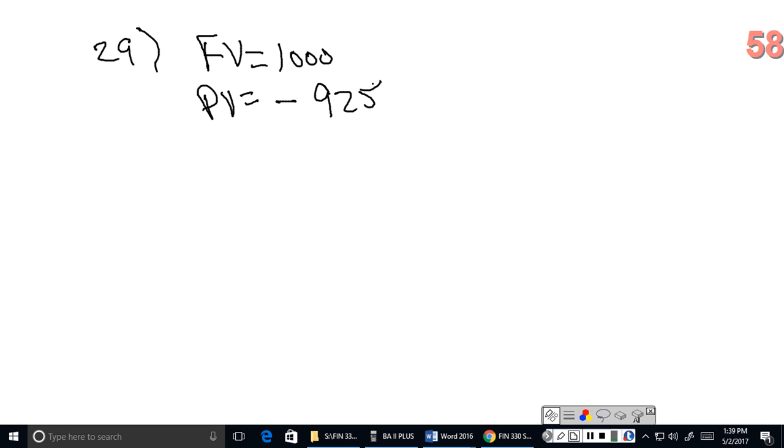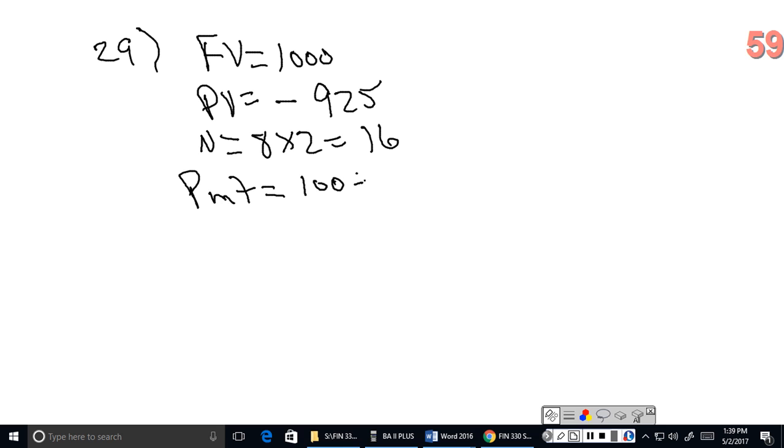Now interest is paid semi-annually, so 8 times 2, which is 16, and the payment is going to be a 10% coupon, so that's 100 divided by 2, which is $50 every 6 months. Now, this is where I mentioned earlier it gets a little tricky, because what you're going to do